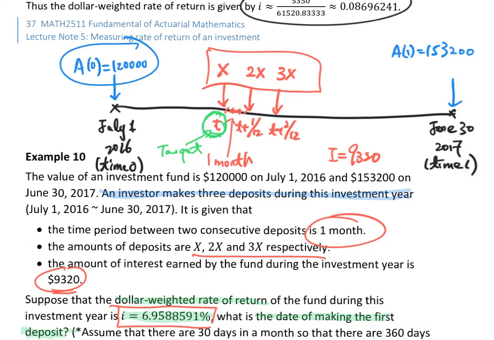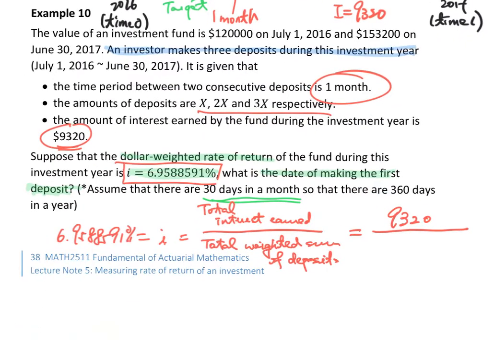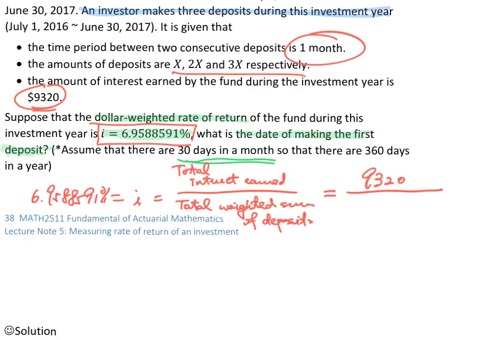For the first one, your A0, the amount is 120,000, and you multiply by 1 because it stays in the account for 1 year. For the second one, which is S, it is invested at time t/12, right? Then it stays in the account for